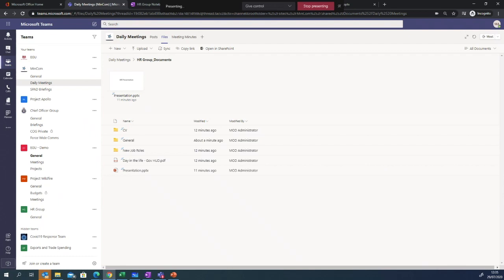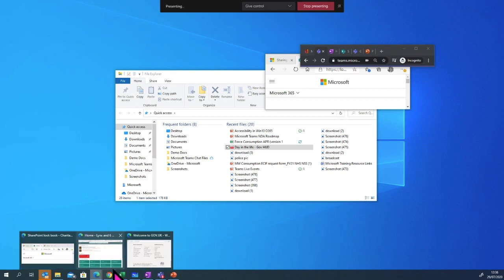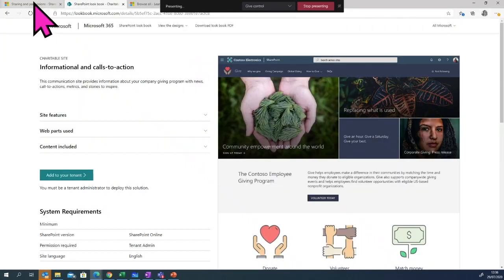Just had a question come in. Is there a learning portal for Office 365? Great question. So I would recommend, if you're wanting to do specific learning modules and you're a little bit technical minded, I'd recommend coming to